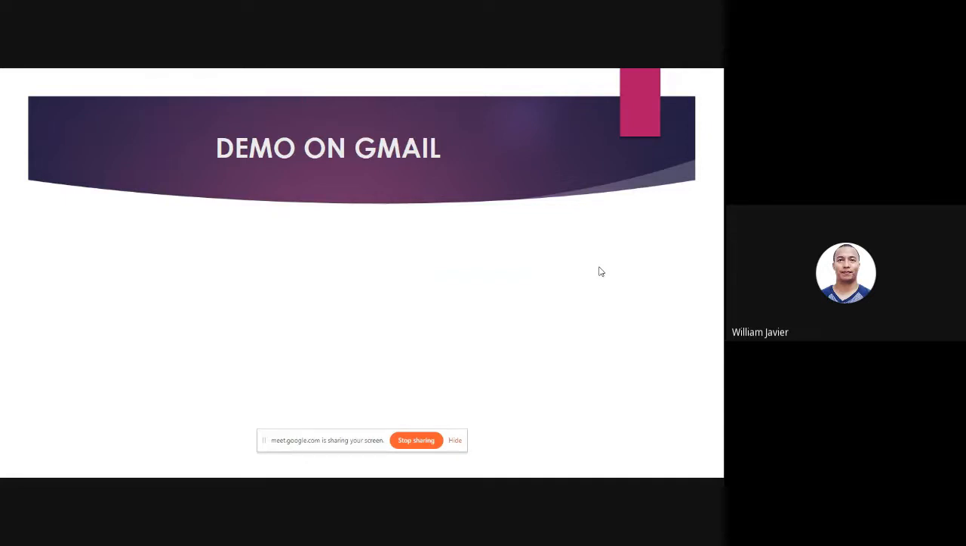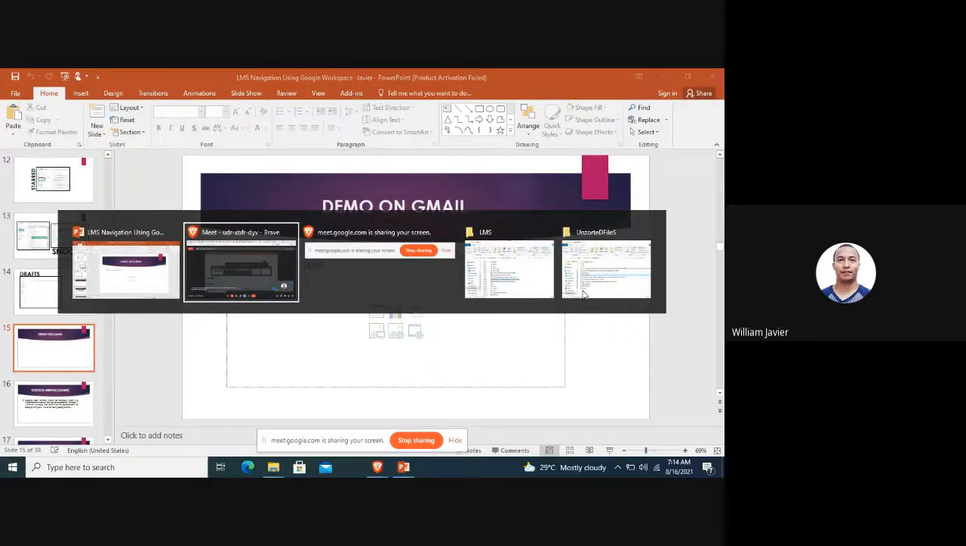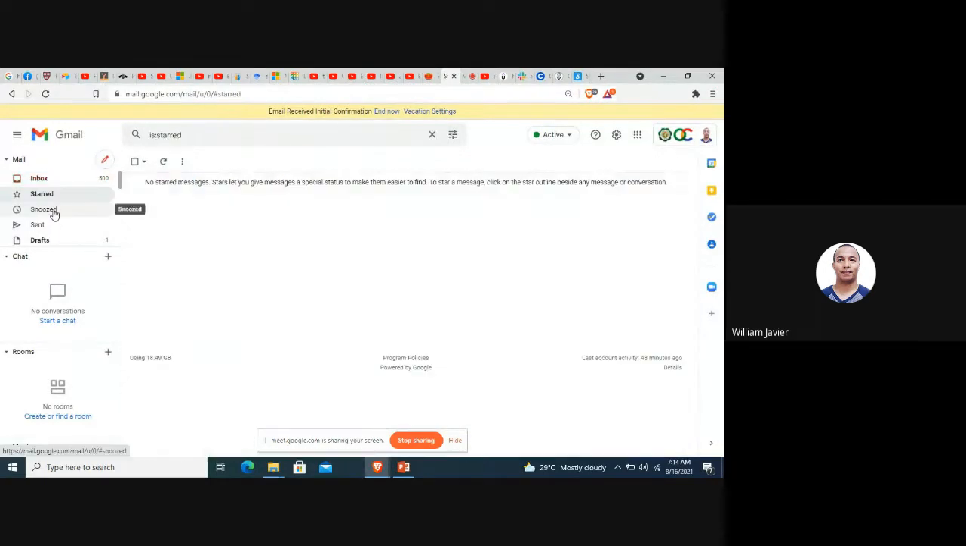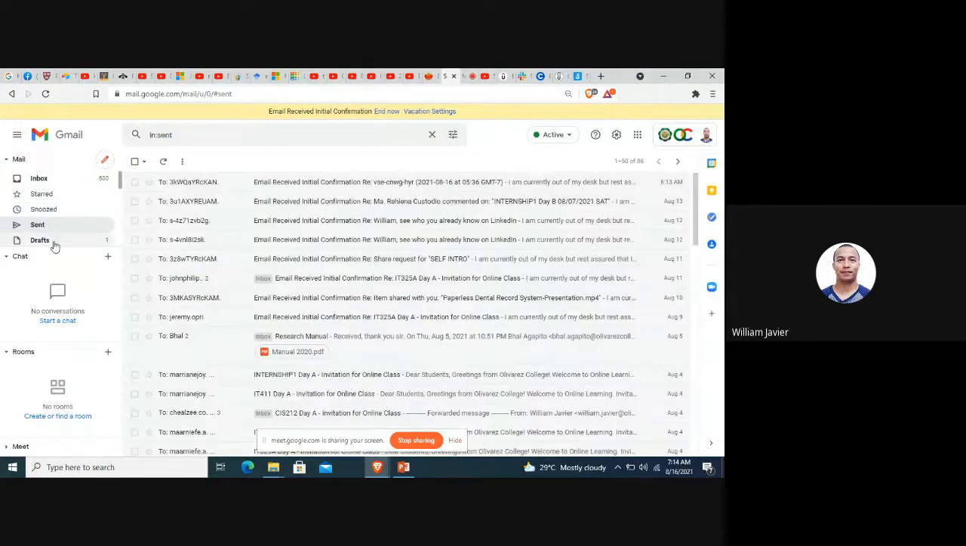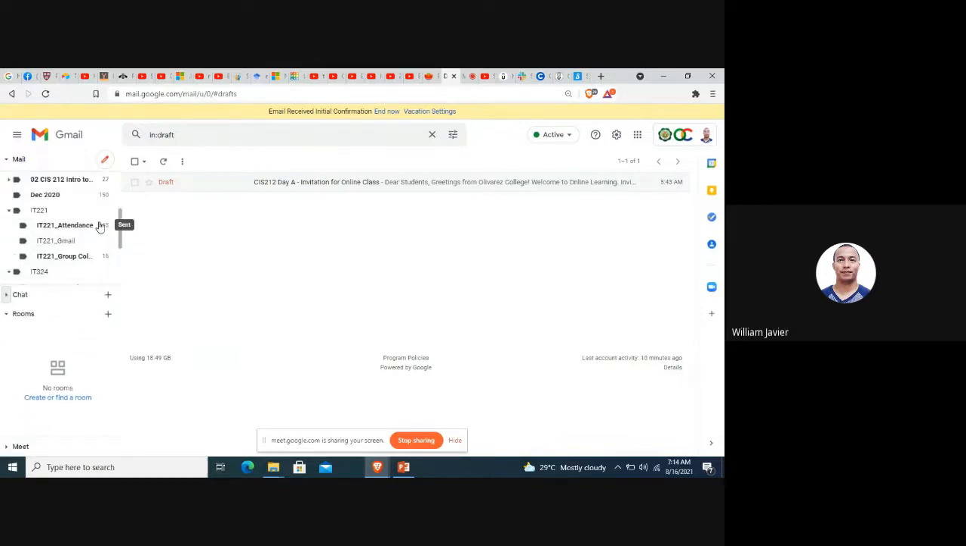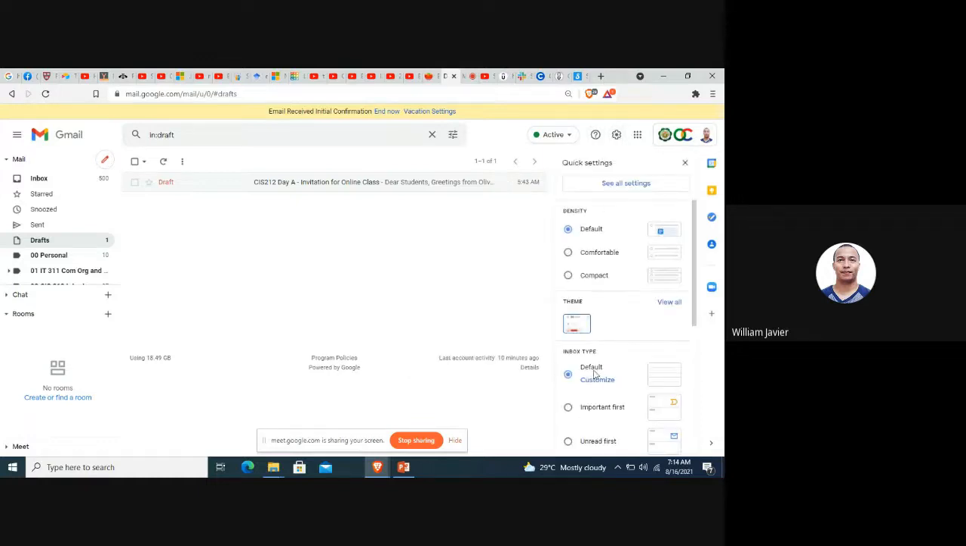So let's have a demo for Gmail. On the navigation left pane, you see the inbox, the starred, the snoozed, the sent items, the drafts, other folders, then for more, you see the all mail, spam, and the trash. For the upper right area, the support, help, training, updates, and send feedback. Gear icon for your settings,